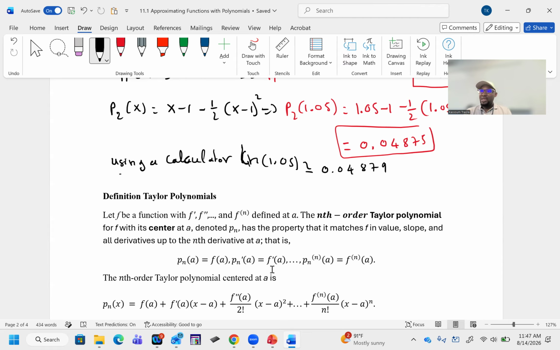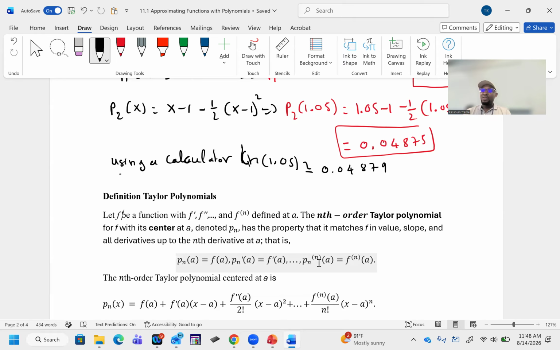That is, p sub n of a is equal to f of a. P sub n prime of a is equal to f prime of a, and so on. P sub n